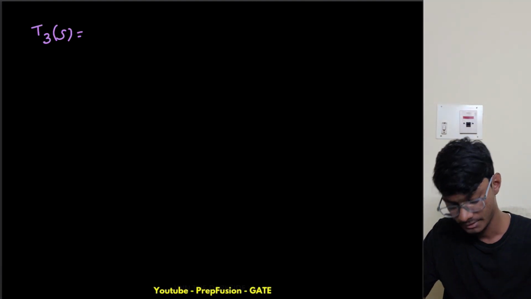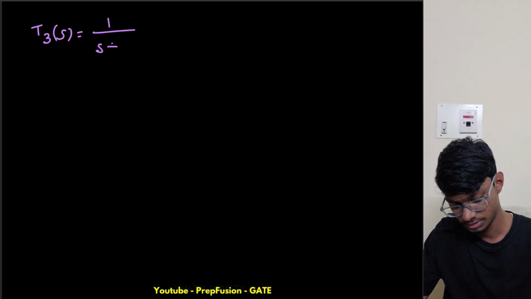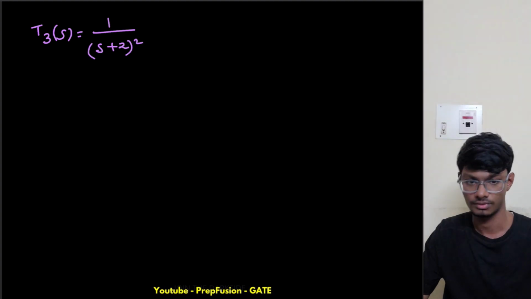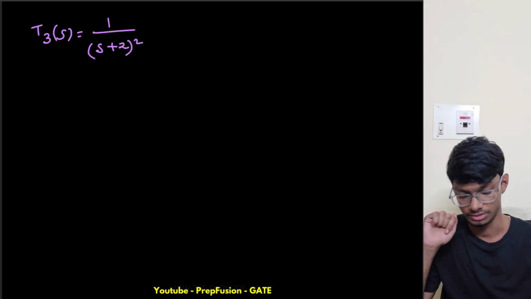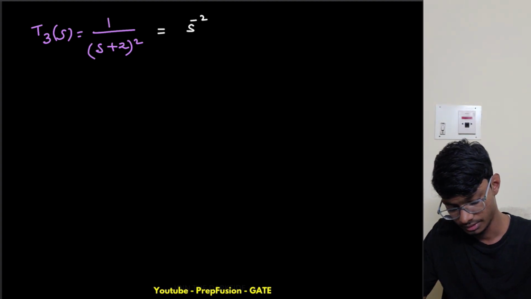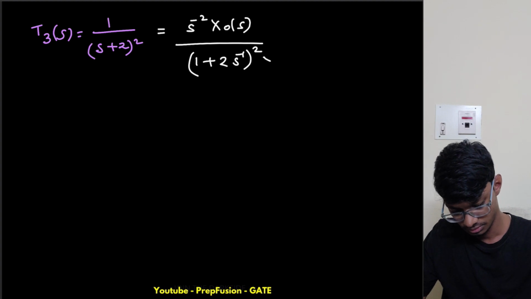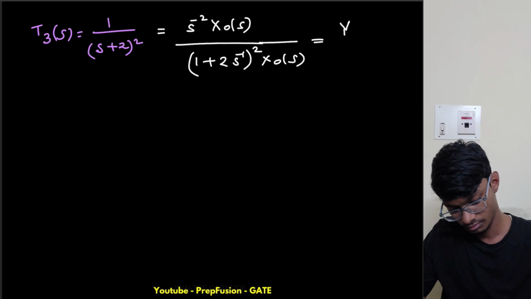Okay, and what is the third transfer function? It is basically 1 by (s plus 2) whole square. Is there something similar to this? So if I break this down, this is s to the power minus 2 times x1 of s, and this is basically (1 plus 2 s inverse) whole square times x of s. This is equal to y3 of s over